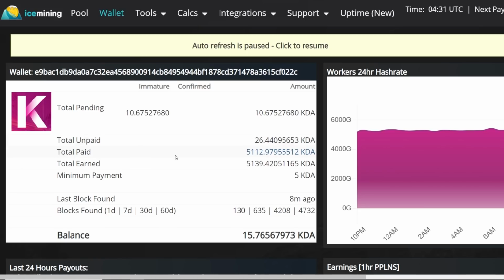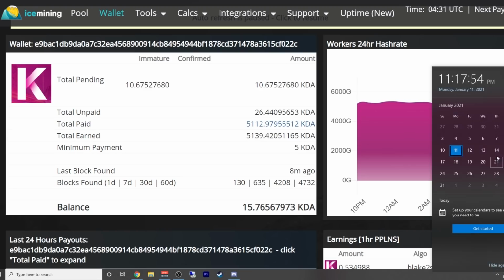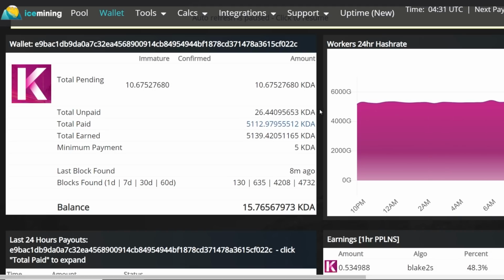So let's go first into how much my iBeLink has mined in the past month or so. Actually, I'm a few days late, but I had it off for about 2 or 3 days because my crypto mining basement, you guys know I'm waiting on getting the new 200 amp electrical circuit in there, but I was able to turn it back on in the mining barn. So it's about a couple days later. It's essentially exactly a month, 30 days of mining on this now. So I've mined about